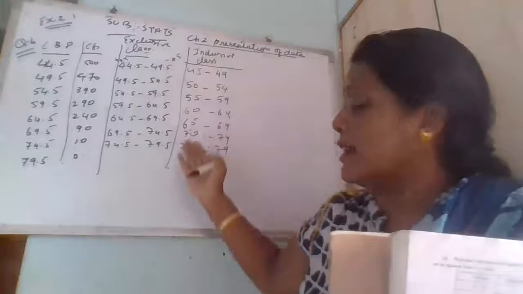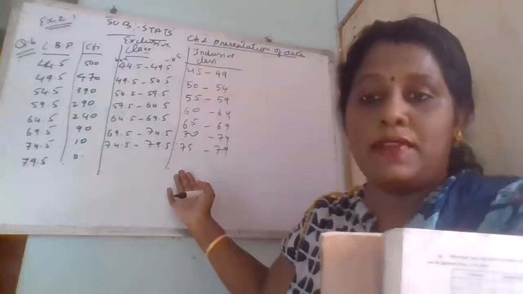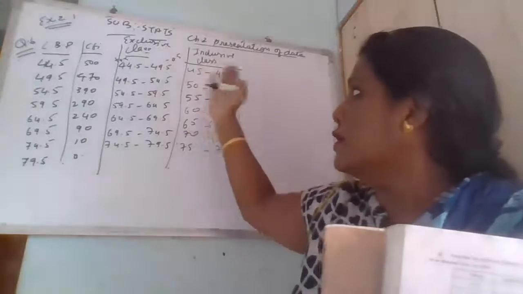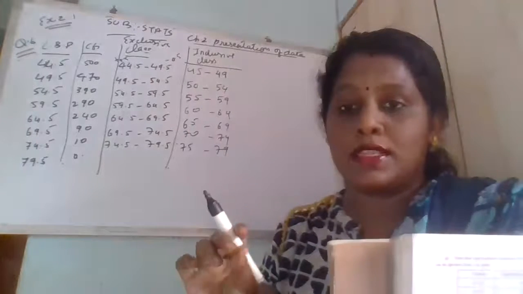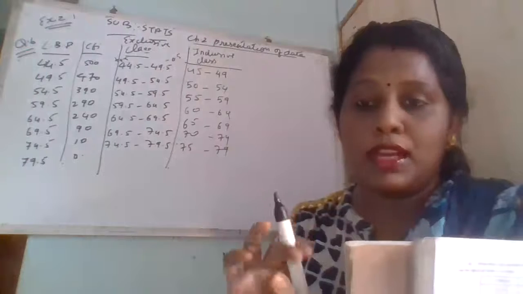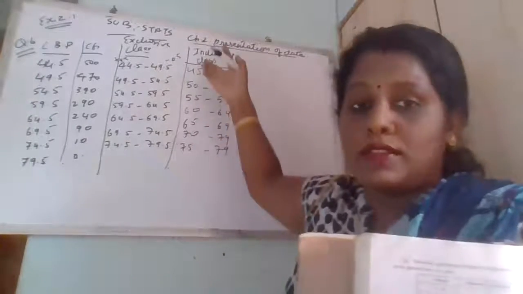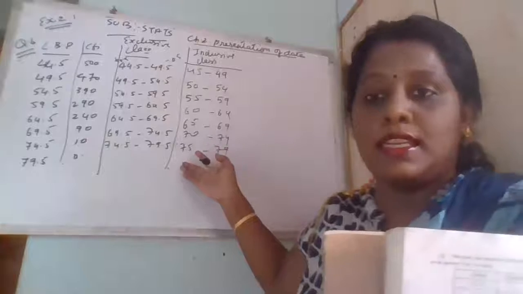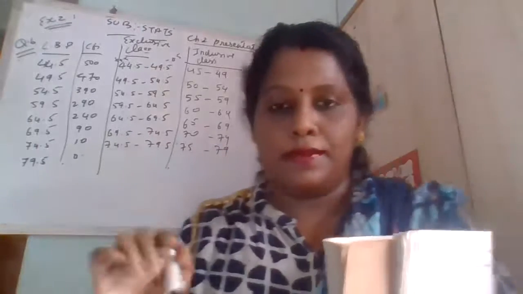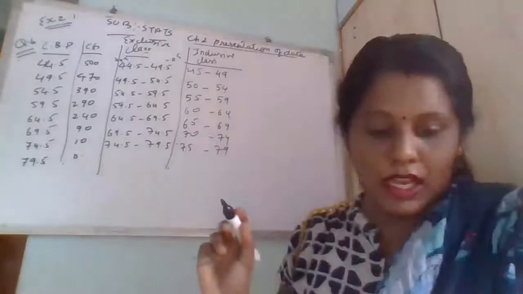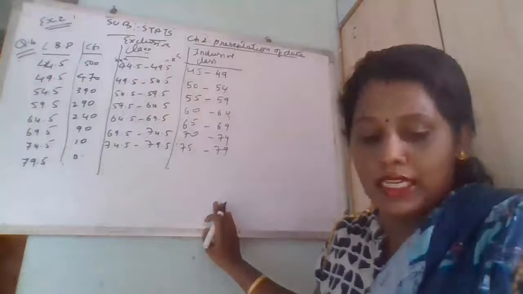See, ऐसे देखने से डायरेक्टली समझ में आ जा रहा है कि हमारा 5 का डिस्टेंस है ना. ऐसे देखोगे तो 45, 46, 47, 48, 49, 45 भी इंक्लूड करना है, 49 भी इंक्लूड करना है इसमें. इससे बेहतर है ऐसे ही देख लो. So at first sight it is clear that your class length is 5, right? This is the way you have to find your class length.